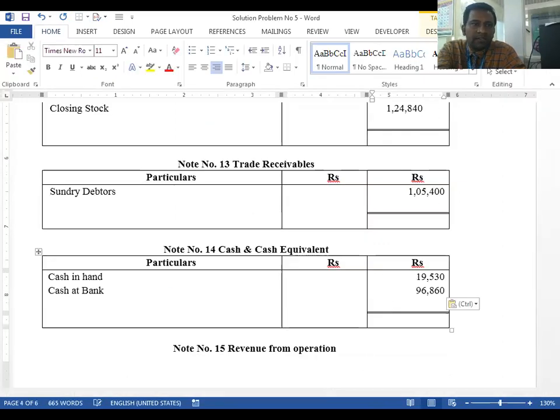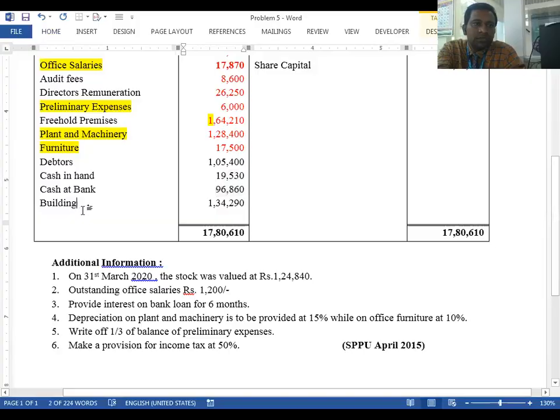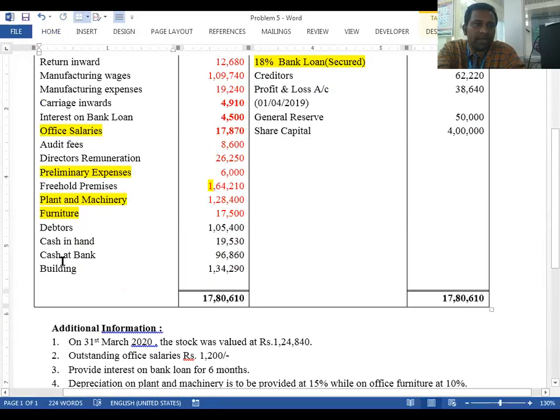Fine. Now the last item of the debit side of the trial balance. Building is transferred to the asset side under the heading under